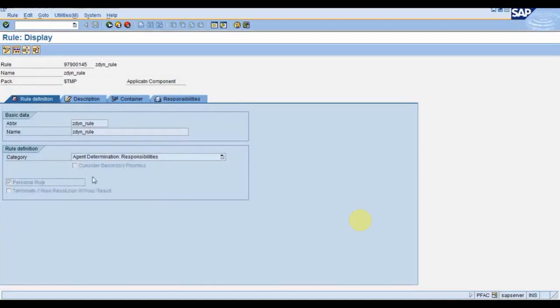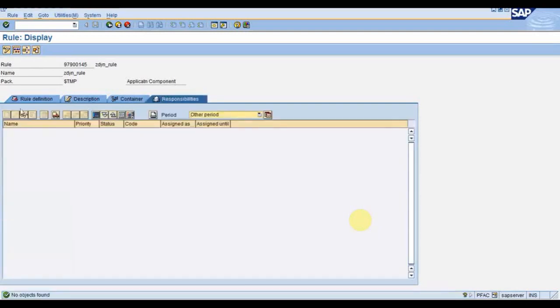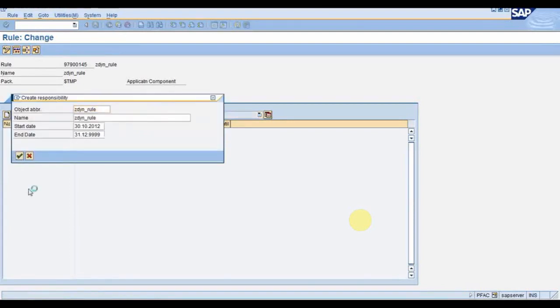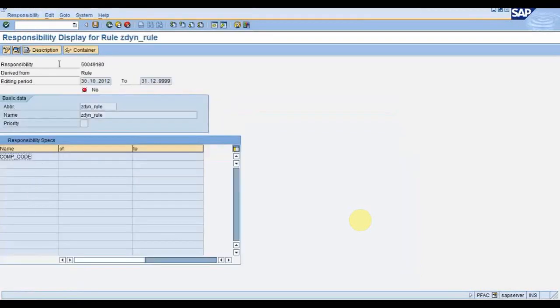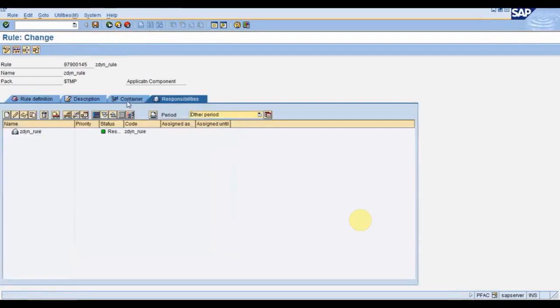Okay, here it means that you have seen in the responsibility section, if I go to the display mode and create anything, suppose I create here, it will determine based on the org structure.